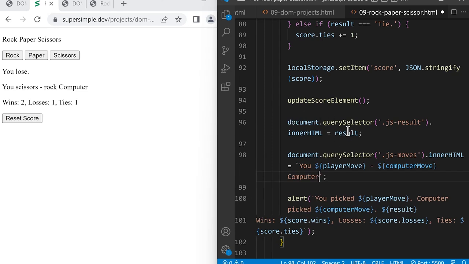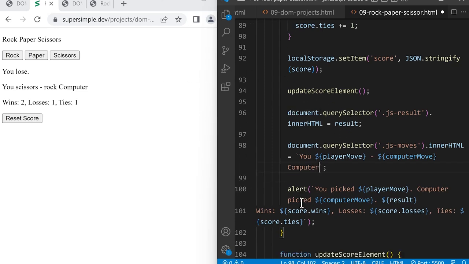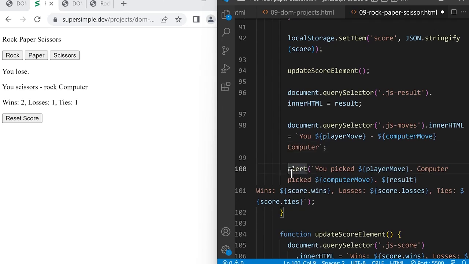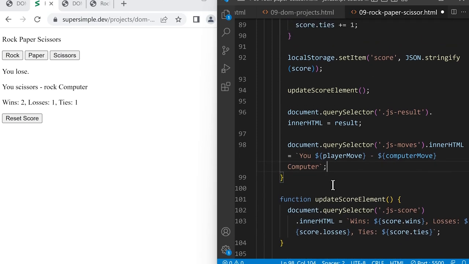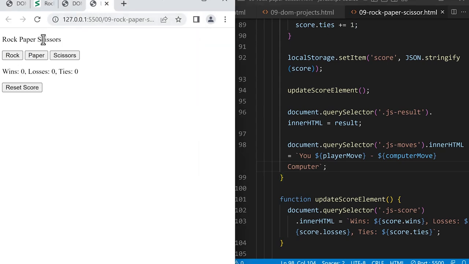So now that we're displaying everything on the page, we don't need this pop-up at the end. So we can actually delete this pop-up. All right, now let's save and go back to our tab and play our game. Now it will show the result and the moves that we picked on the page instead of in a pop-up. Let's play it again to make sure it works. And finally, when we click reset score, it will reset everything back to 0. And that's it. Now we're displaying everything on the web page